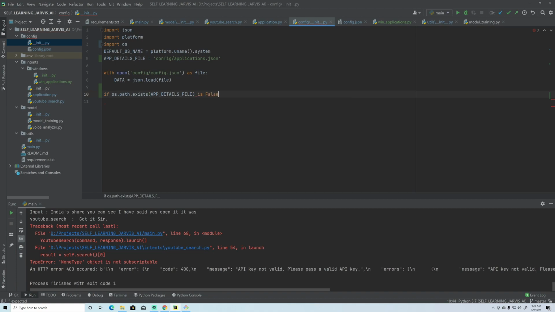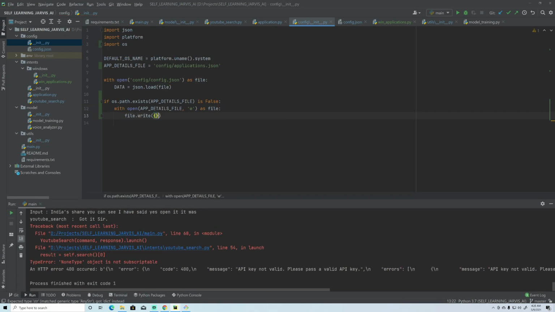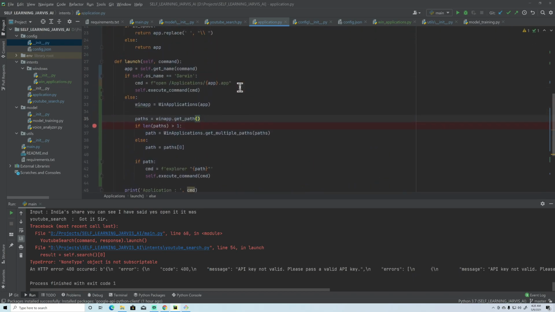If not, then we will create this file: open app details file, mode will be writable, as file, and the file will be in JSON format. That's it.